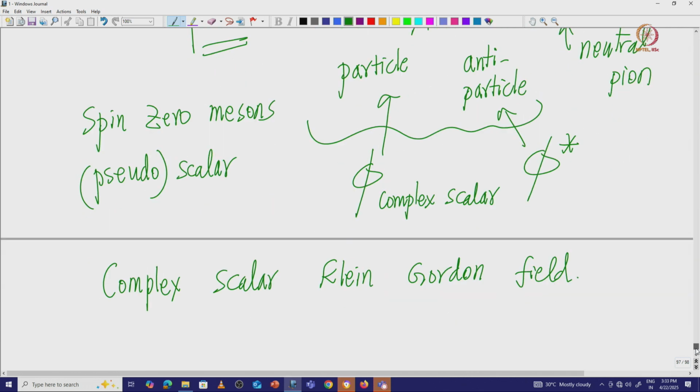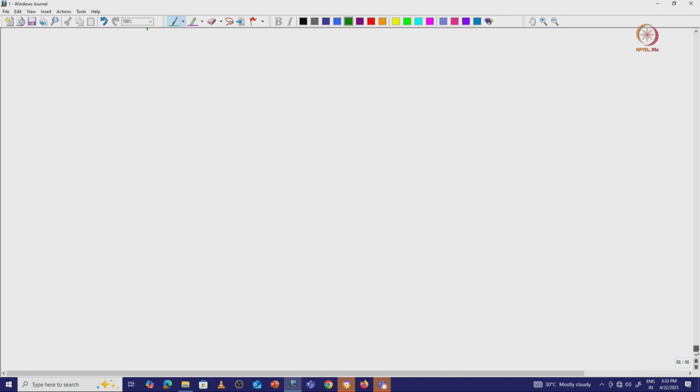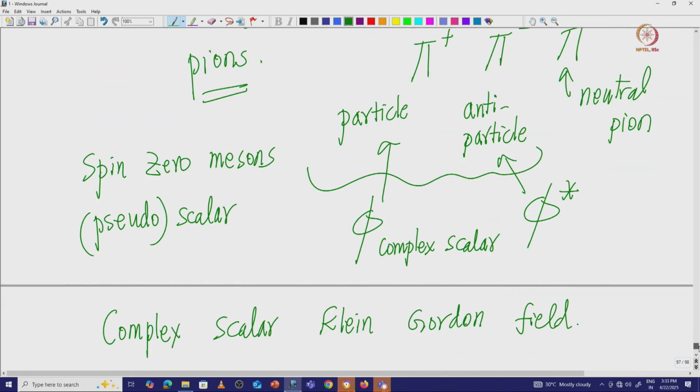Because the Klein-Gordon field is a scalar particle, it does not have any spin, we will see that also in a bit, but it has electric charge. So, that means it has to be complex, so that phi and phi star represent different particles, essentially particle and antiparticle. They should have different degrees of freedom. So, phi and phi star should be at least complex, and they satisfy the complex scalar Klein-Gordon field equation.